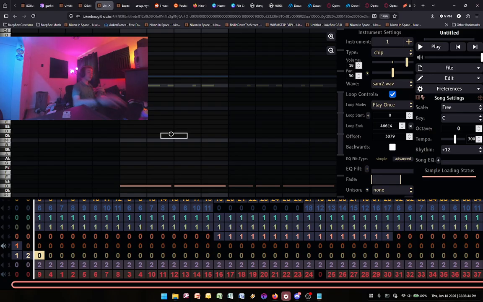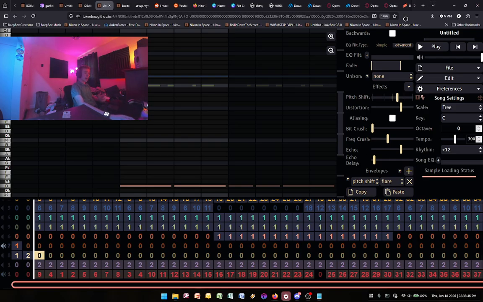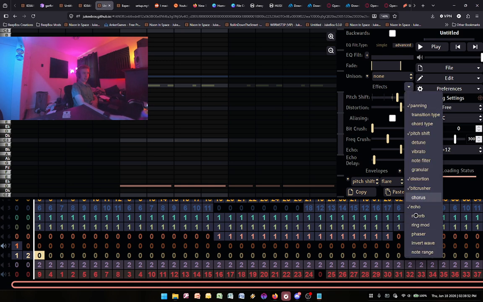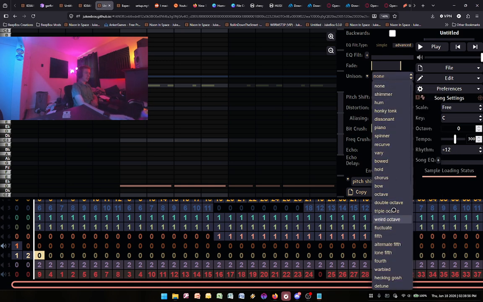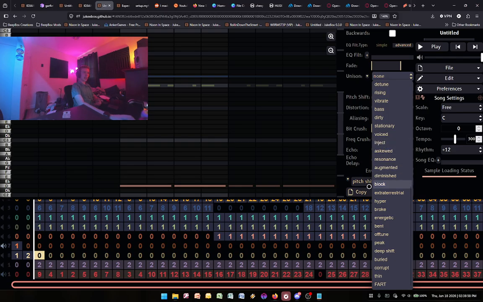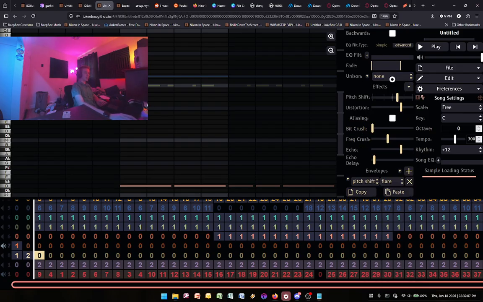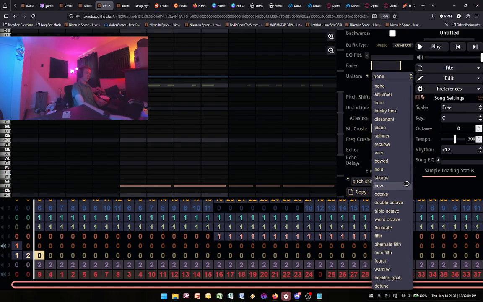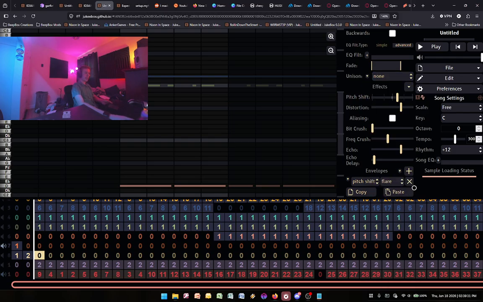Oh, I guess there's a couple other things. You've got your unison, and you've got your envelopes. And obviously you've got your effects too. You can just add those effects. You can figure that out. Unison is just like a secondary, or in a way, tertiary effect. Similar to what these do, except these are just kind of preset, so you don't have to try and make your own. An envelope basically adds,